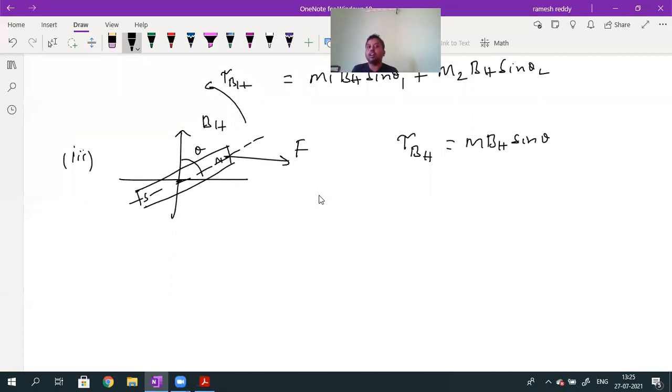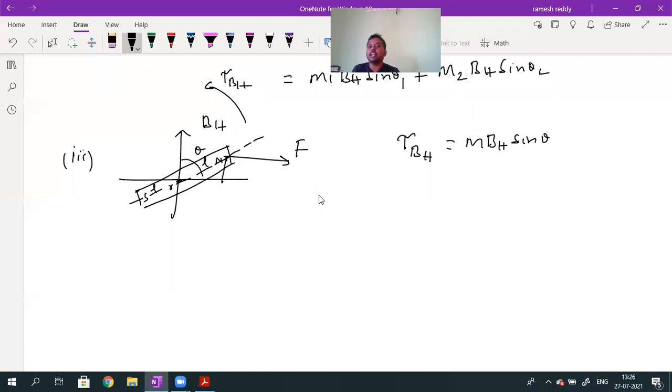That force is applied on the north pole. The north pole of the bar magnet is pulled with the help of one string, by applying a force here towards east. Because of this force, some torque will be acting. Now what is the torque value? How can I calculate it? From here to here, this distance will be equal to L. This is the center. The distance from the center to the north pole I call L, and the south pole distance is also L. What is the total length of the bar magnet? It is given by 2L.